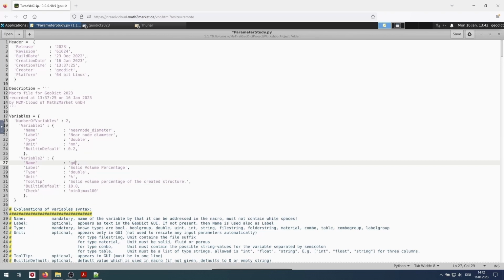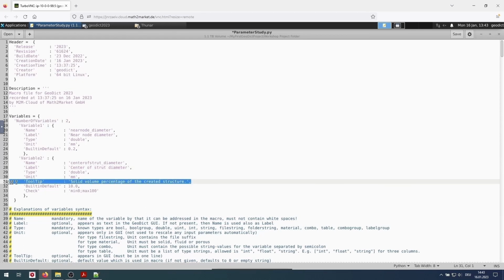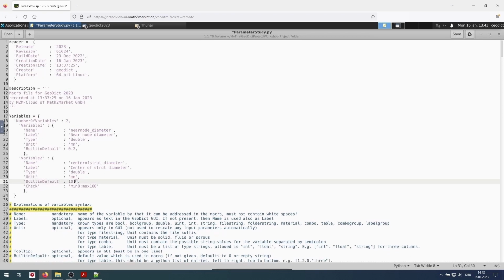And as a name, we select center of strut diameter. The label again is center of strut diameter. The type is double, the unit is millimeters. No tooltip. Built-in default 0.4.